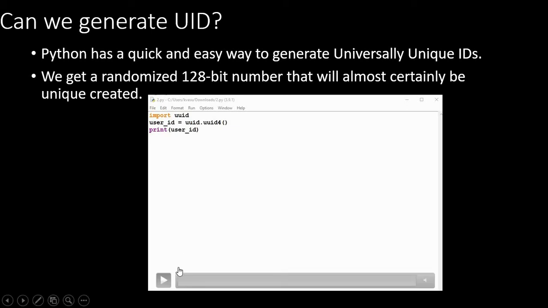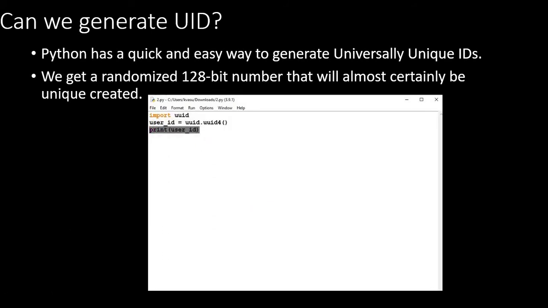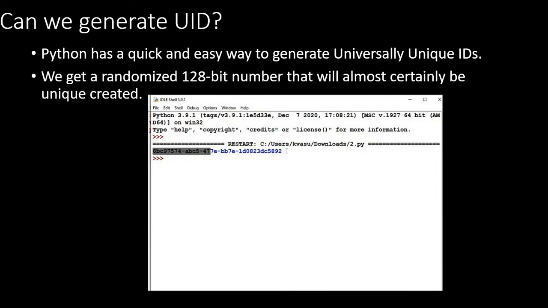So when you print it, you get the results in front of you, and I'm going to show you that right now. It's a very simple piece of information, but still could be very useful for you. So I have imported uuid and I have assigned the generated user ID to the variable user_id, and when I run it, I get the result in seconds. That's it. You got the unique user ID.